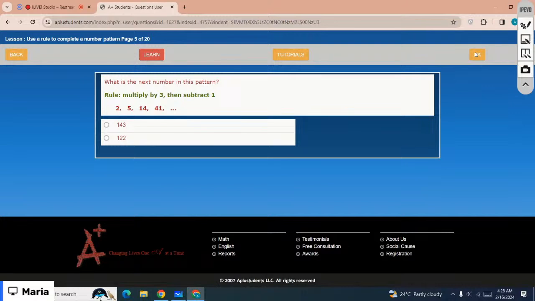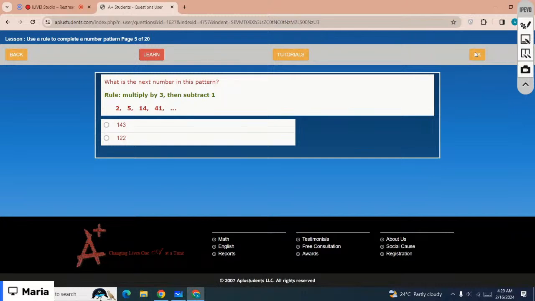What is the next number in the sequence? Multiply by 3 and then subtract 1. So which is the correct option? 41 times 3 is, 3 times 1 is 3 and 3 times 4 is 12, right? 41 times 3 is,